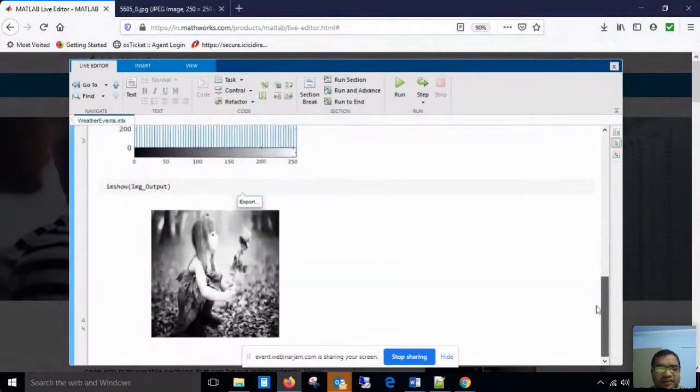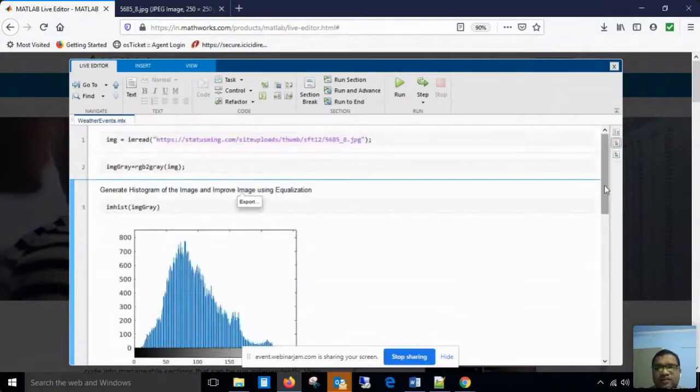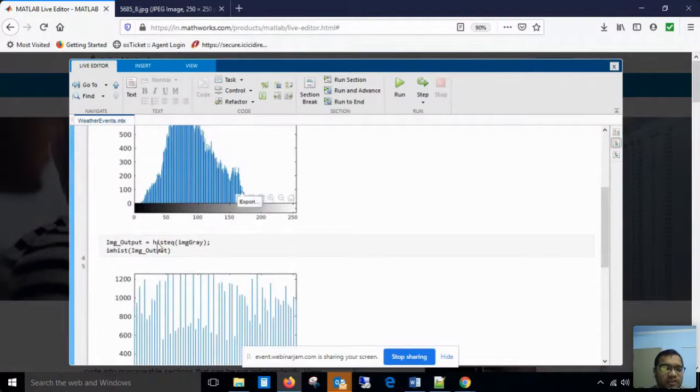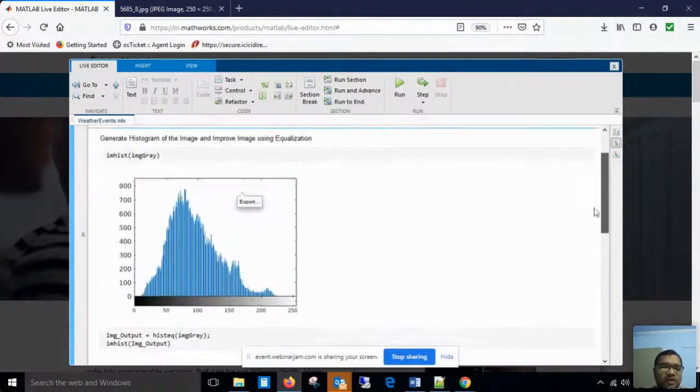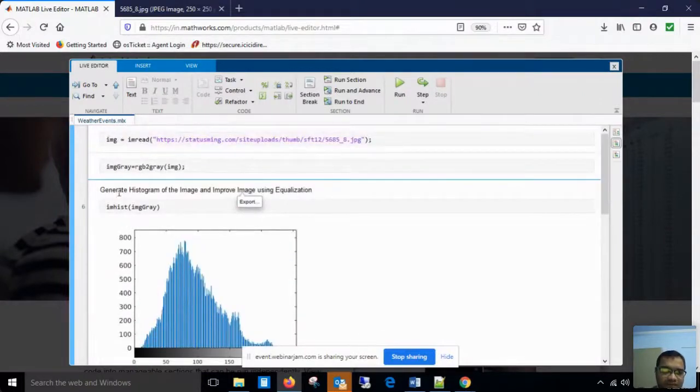So we can easily say that, since subjectiveness is there, image enhancement using histogram equalization is not required in our case. So what we did, we calculated the histogram of the image using the imhist function. Then for performing histogram equalization, we can use histeq. Then after performing histeq, we can find the histogram of the new image, and we can also show that image, how it looks after applying histogram equalization, right?